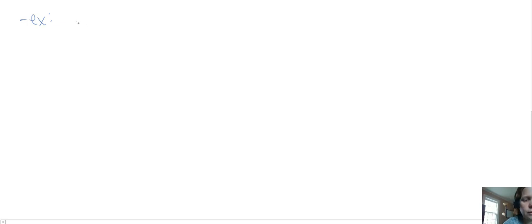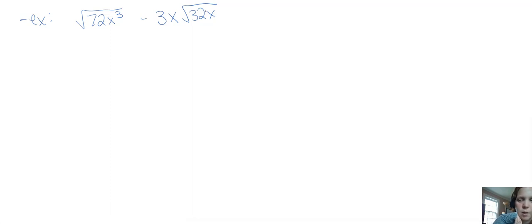Square root of 72x cubed minus 3x square root of 32x. Again, right now, they're not the same radical, so I cannot do anything to combine. It's only if they're the exact same thing under the radical. But let's break down